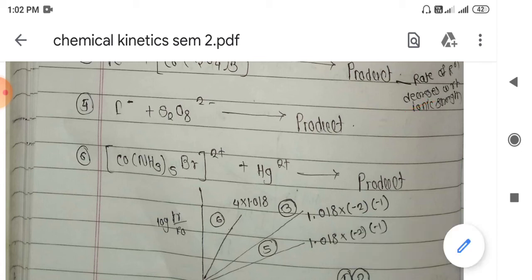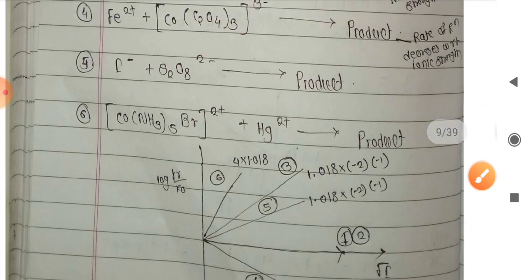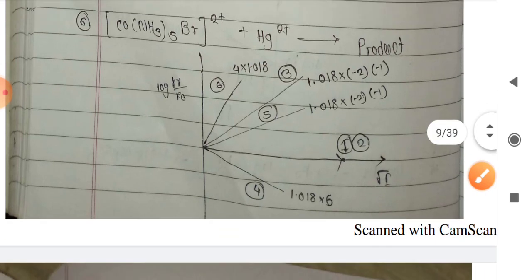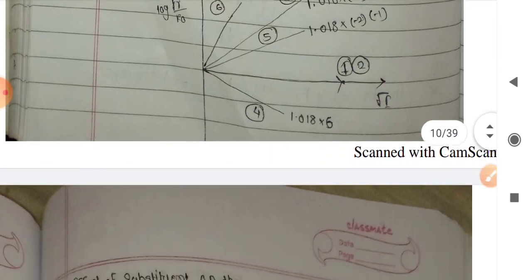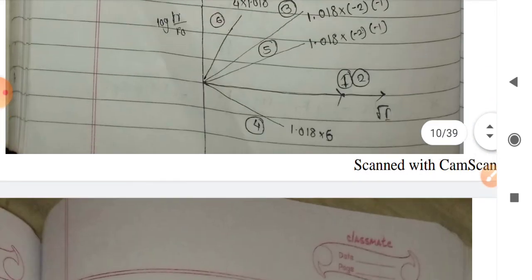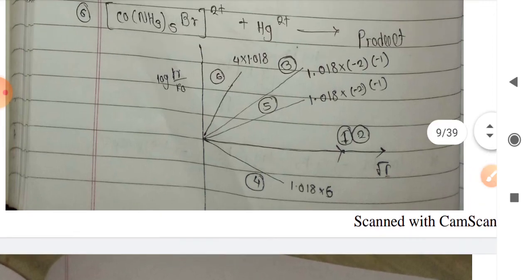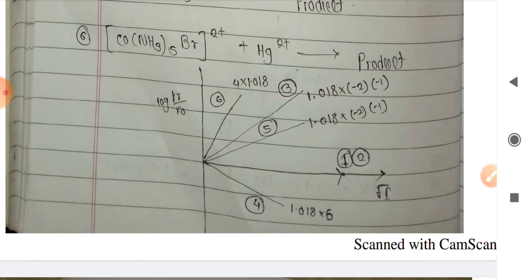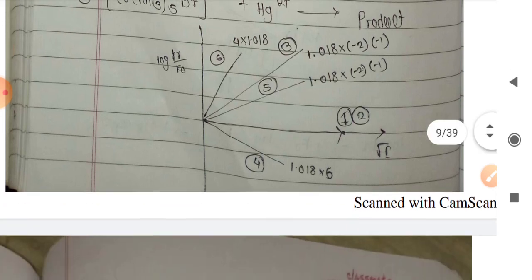So now next, again similar types of charges are there, so the rate of reaction increases upon increasing the ionic strength. Here it has the same charges, so again it increases with increase in the ionic strength. So you just need to tell the nature of the graph for the given reaction. That type of example might come in our MCQ type of exam, and also in NET or GATE type of exams. Okay, so this is one of the important parts of this chemical kinetics chapter.